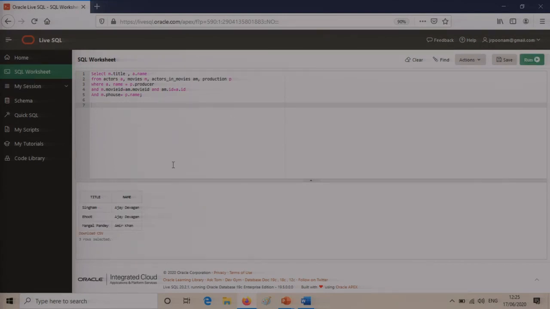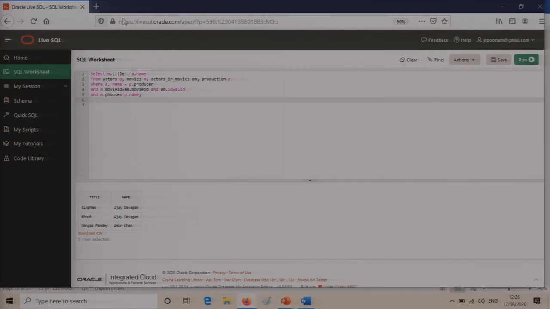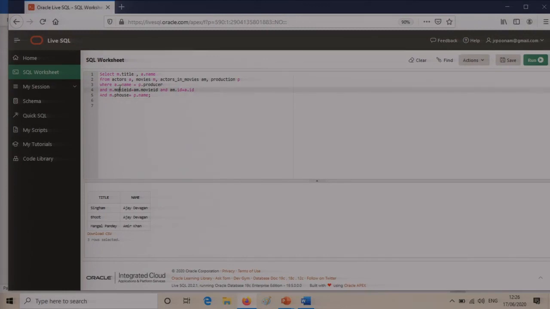So you can see the data has been selected here. Look at this: select M title and the name, and from which tables? Actors table, movies table, actors in movies, that is the relationship table between the actors and movies, and the production table. Okay, and what is the first clause? Actor name is equal to the producer name.